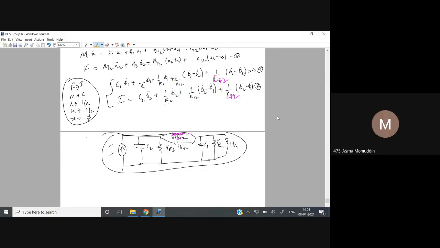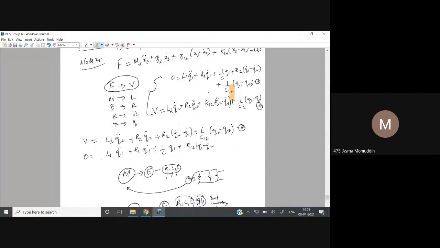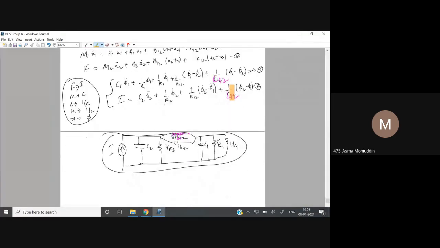Oh, okay, sir. I will be forwarding this recording. You can do it later on your own. Yes. Actually, what I was asking is that you took R12 and 1 by C2 in parallel, 1 by R2, 1 by C2, because these are the common elements. Yes, sir, but instead of putting them in parallel, could we put 1 by R12 on the upper wire and 1 by C2 on the lower wire, so that they are not parallel to each other? Would that be wrong? I'm not getting it.